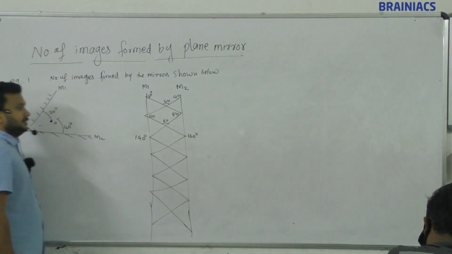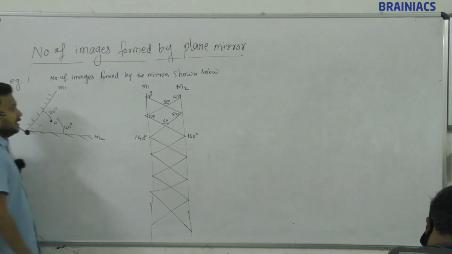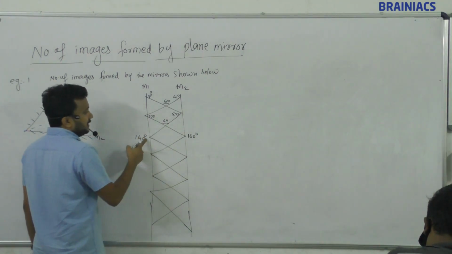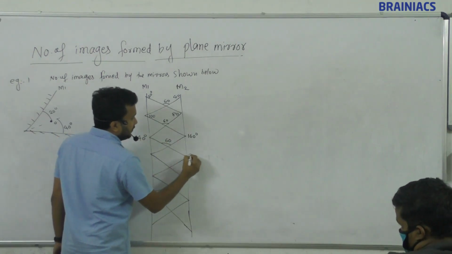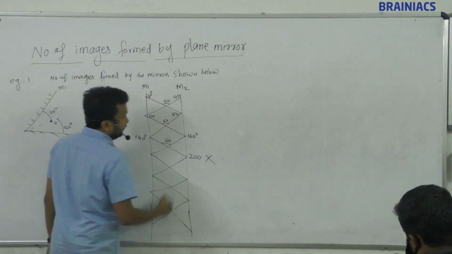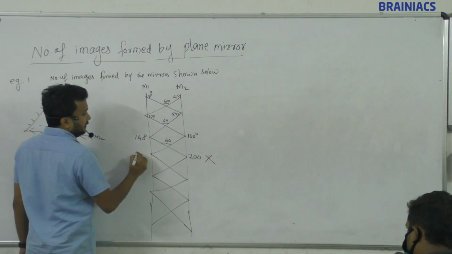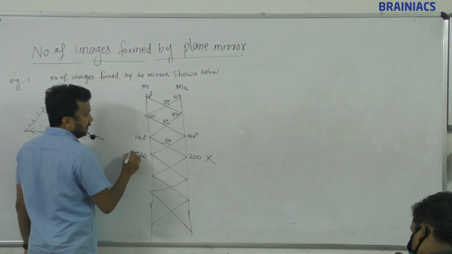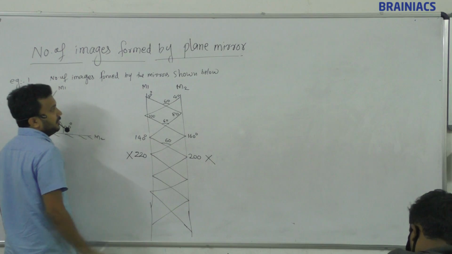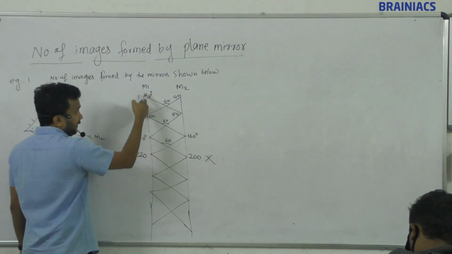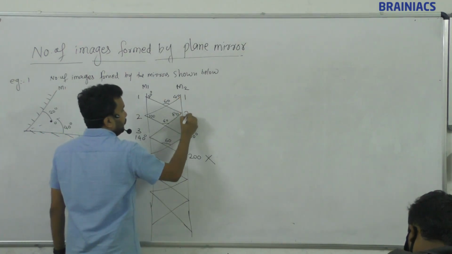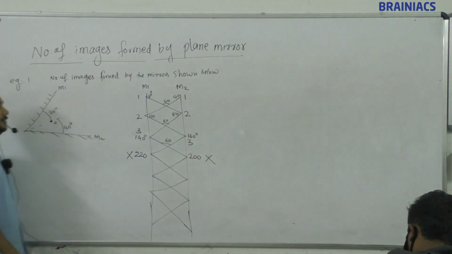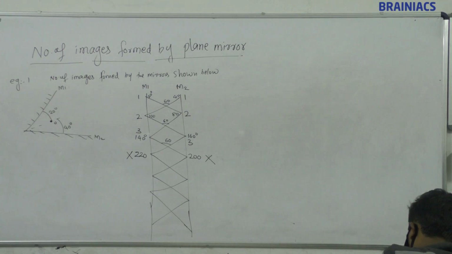Okay, again we are coming, 140 plus 60. So this is again 60. This is how much? 200. Not possible. 160 plus 60, 220. Possible? Not possible. So how many images? In M1, 1, 2, 3. In M2, 1, 2, 3. So totally 6 images. Number of images formed on M1 is equal to